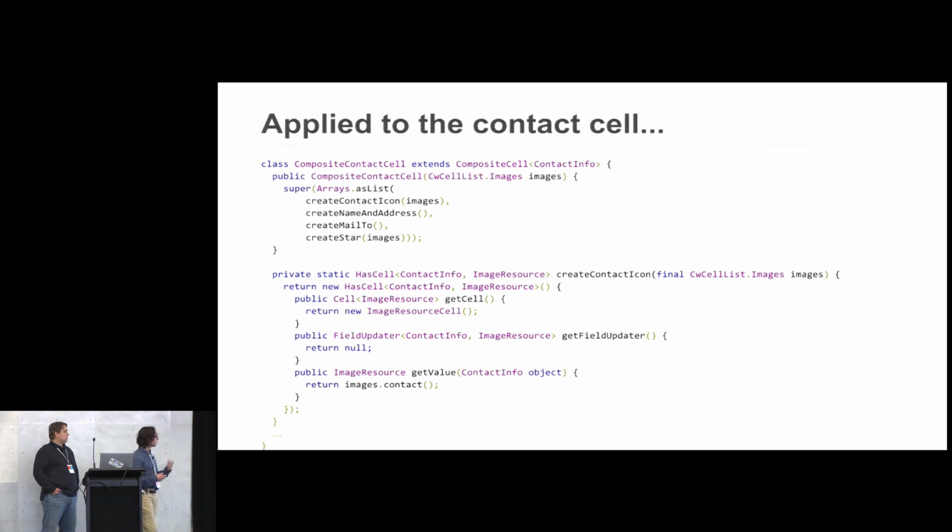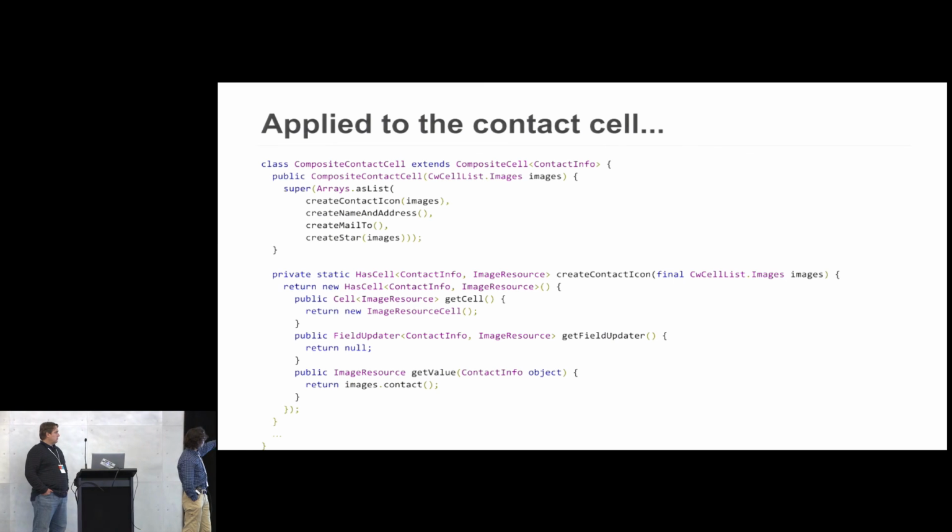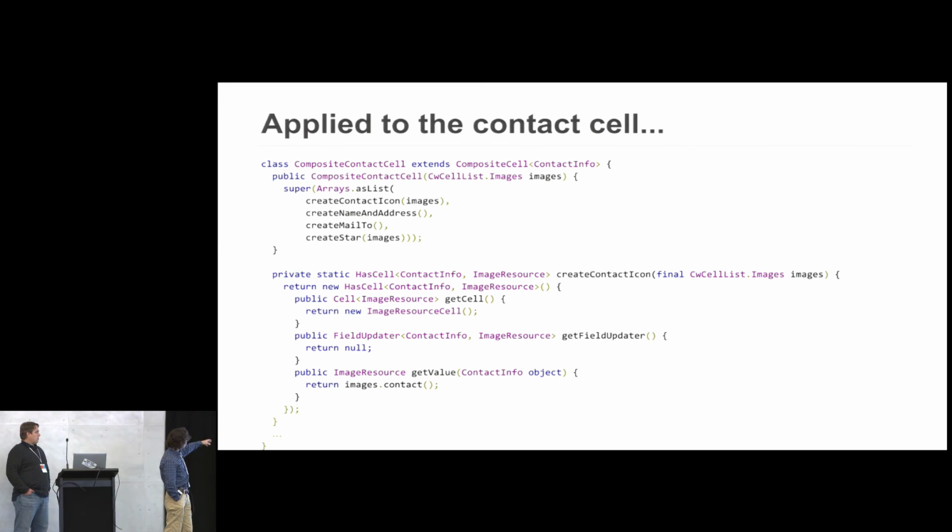And here it is applied to the context cell, that technique. So we're creating the array list with 4 items. Each of those 4 items is created using a static private function, and they return a HasCell. So here you can see the first part of that, the create contact